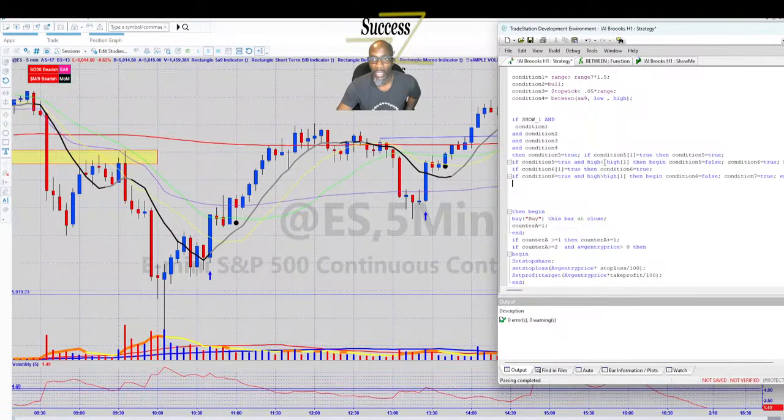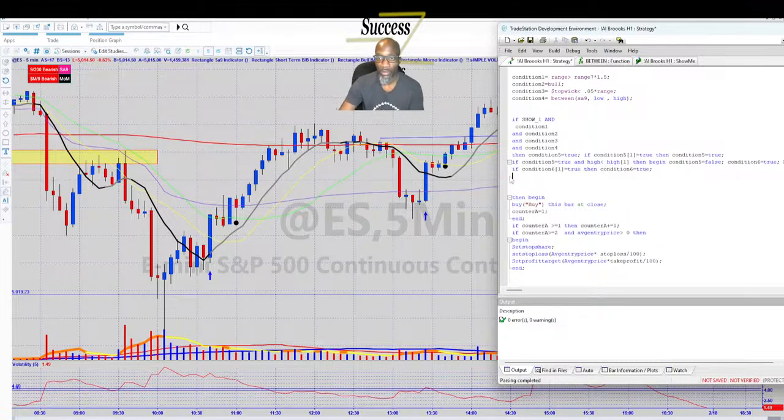If the high is less than the one before it, then you want to begin condition 5 equaling false and condition 6 equaling true. So that's the pullback. So when condition 6 equals true, okay, so if condition 6 of a bar ago is true, then condition 6 equals true. That'll just keep trailing condition 6 equaling true until you get your high. Okay, so if condition 6 equals true,